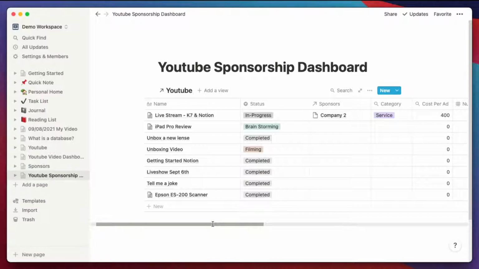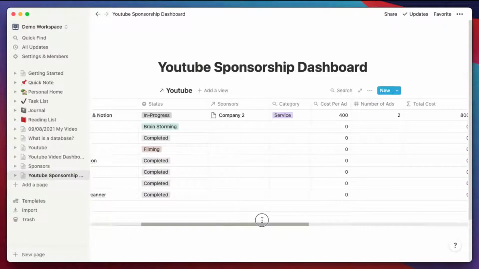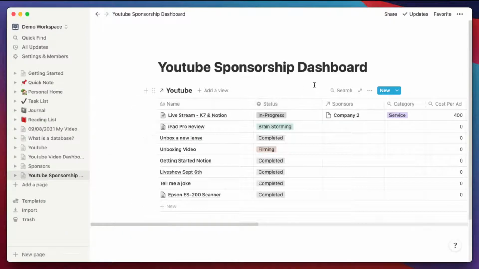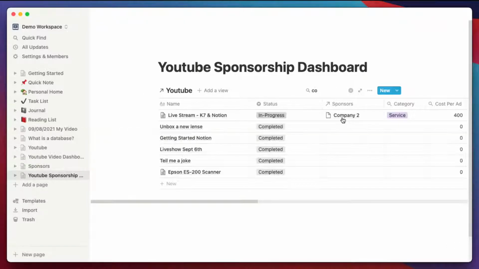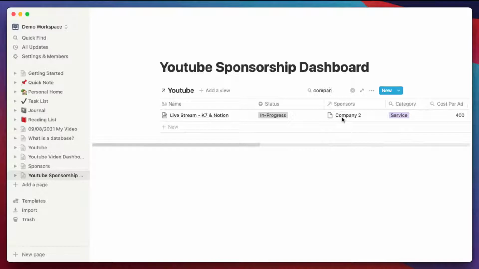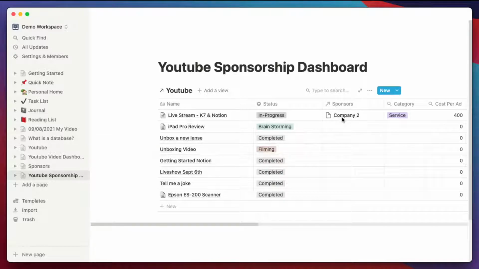And what databases are really good for is functionality, is searching. And so a lot of the reasons why Notion is so powerful is it has a very powerful search feature as well. And the reason why sometimes we do tags is because we can search within these tables really quickly. And this just does a text search, I just remember I spelled that wrong.